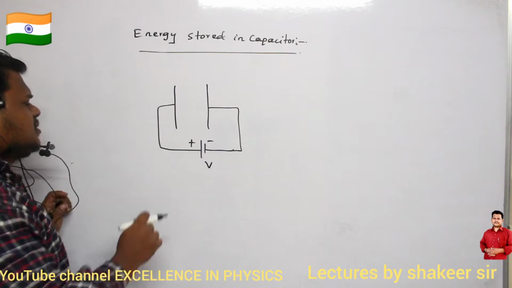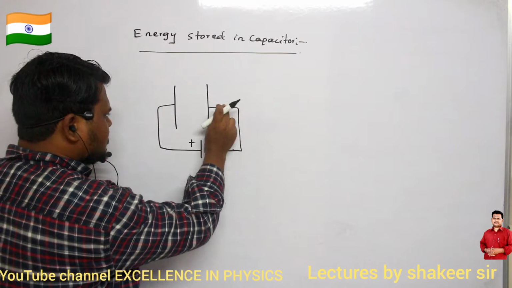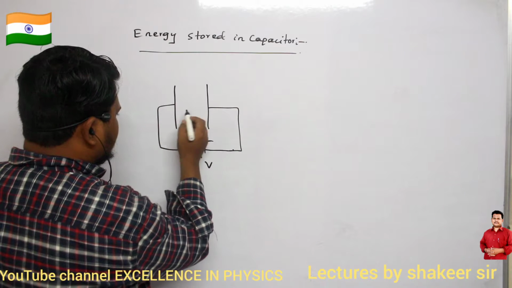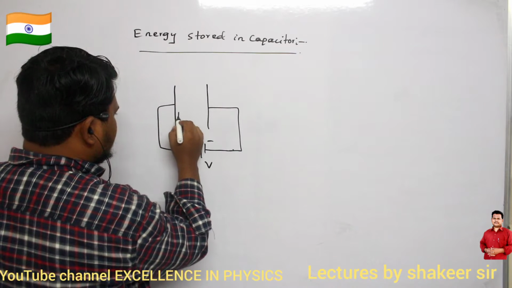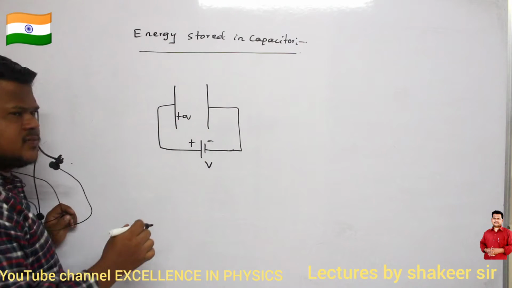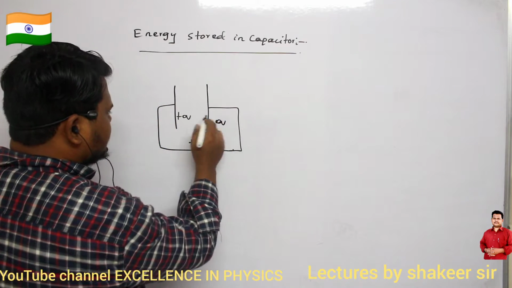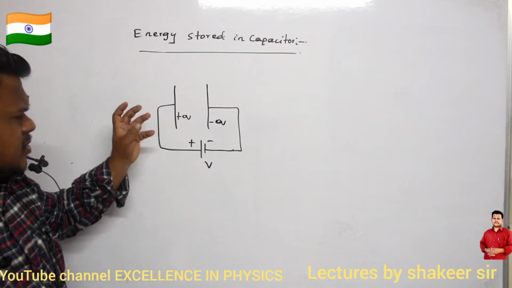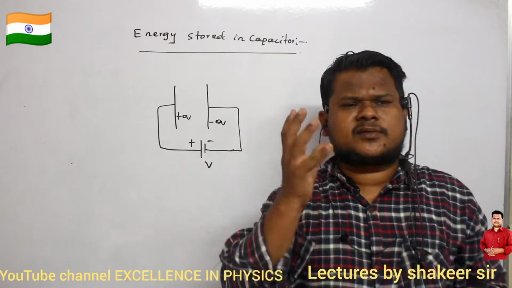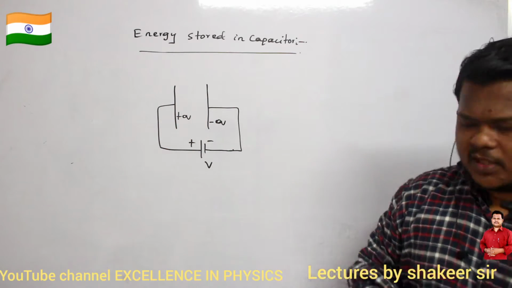Let us consider one or two electrons it has taken from here and deposited on the second plate. So it obtained a small charge, let the small charge be plus Q. Clear? If it is losing electrons, then it will gain positive charge, no? So this is a small plus Q amount of charge and this is a small minus Q amount of charge. Now the capacitor is not fully charged. Only some of the electrons it has taken from here and deposited on the second plate. Are you able to understand?